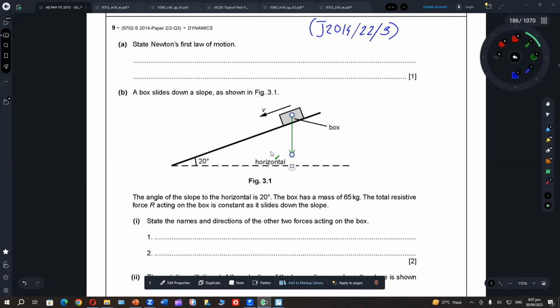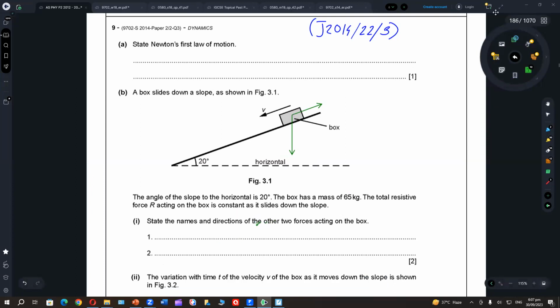The total resistive force acts on the box, so these two forces are acting with constant, and the angle is 20. Name and give the direction of the other two forces acting on the block. We have done this topic in good detail, and hopefully you remember that there is a